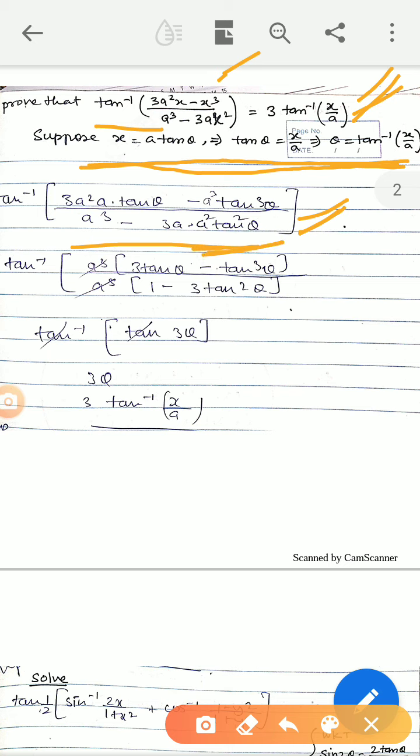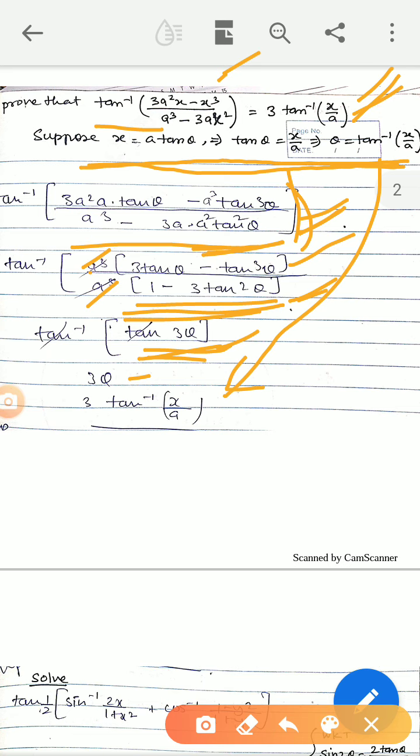Now from all these you can take a common. In the numerator a cube is common, and in the denominator also a cube is common. That a cube and a cube you can cancel. Remaining you have this, already I gave you this formula: 3 tan theta minus tan cube theta upon 1 minus 3 tan square theta equal to tan 3 theta. Here tan inverse and tan cancel, and we will get 3 theta,